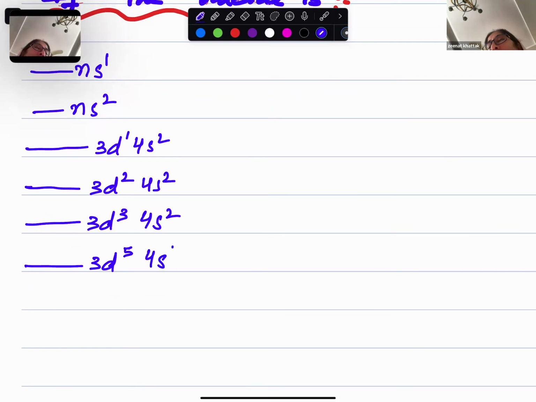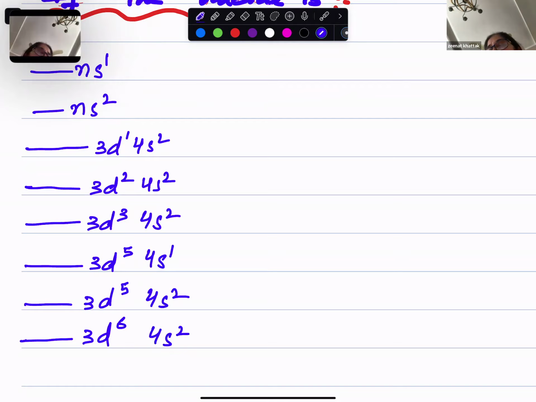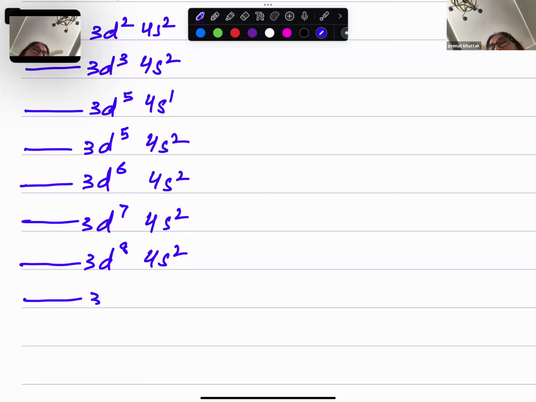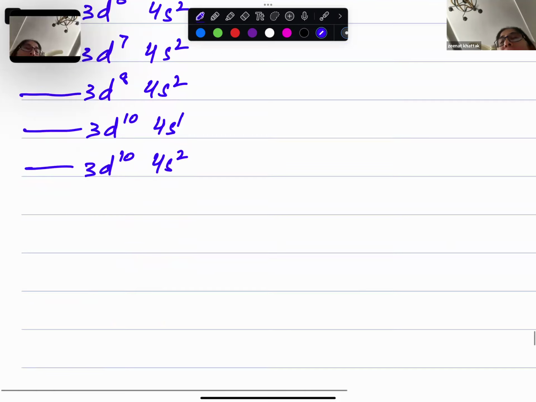3D5 4s1, 3D5 4s2, 3D6 4s2, 3D7 4s2, 3d8 4s2, 3d10 4s1, 3d10 4s2, and then